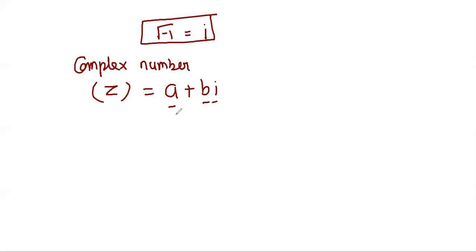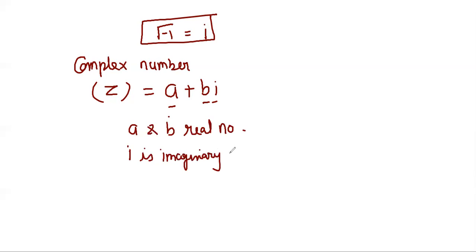a को हम बोलेंगे कि वो रियल नंबर है. a भी रियल नंबर है और b भी रियल नंबर है, both are real numbers, but i, आपको पता है कि i क्या है, i is an imaginary number. ये आपको याद रखना है। अगर मैं सिर्फ a लूं तो प्योरली रियल नंबर है, अगर मैं सिर्फ b लूं तो भी प्योरली रियल नंबर है, but when I multiply b, which is a real number, by i, which is an imaginary number, a plus bi, तो ये जो पूरा bi वाला term है, ये इमेजिनरी हो जाता है।